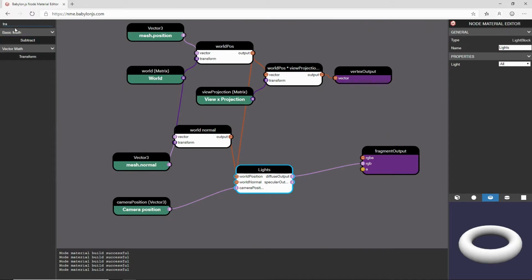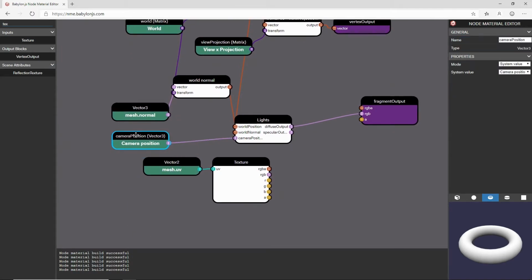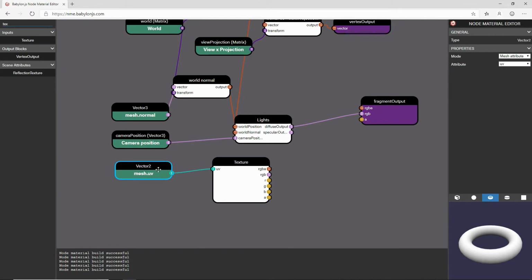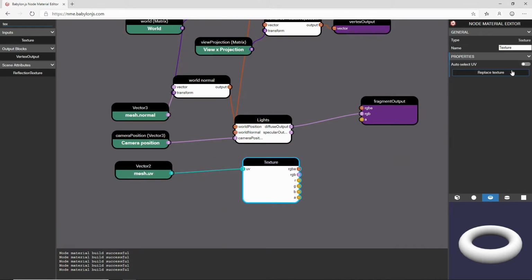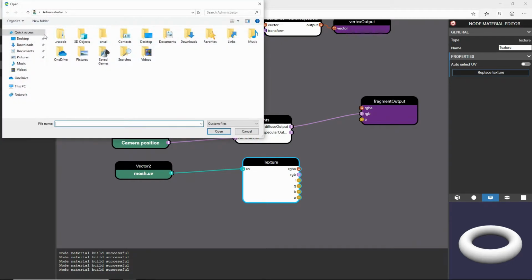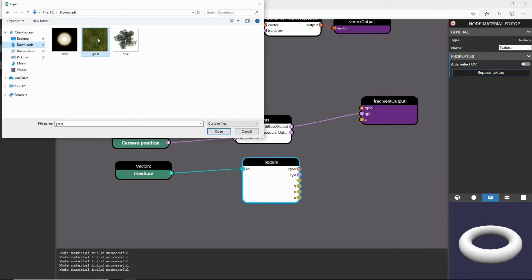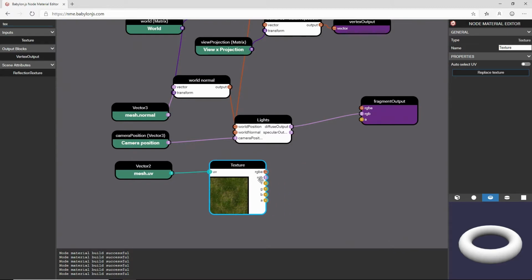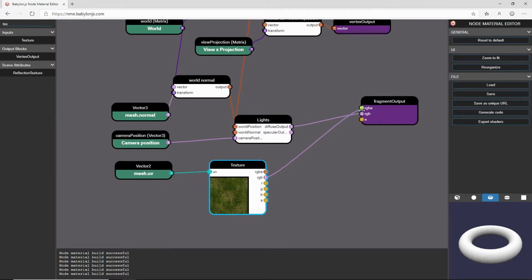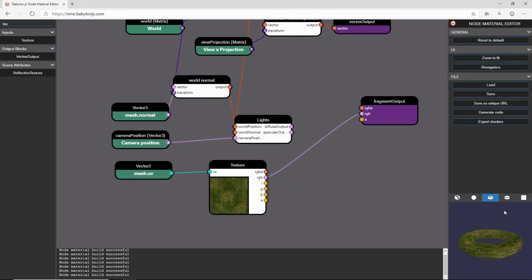Okay. What I want to do now is to read a texture to get my diffuse value. This texture needs a parameter, which is a UV, coming from the mesh attribute. It's already set up. Perfect. I'm going to pick a texture from the download here, the grass texture. I can drag and drop that directly to the output, and I see that my sphere is textured with a grass texture. Perfect. But I obviously want to merge both the texture color and the light,